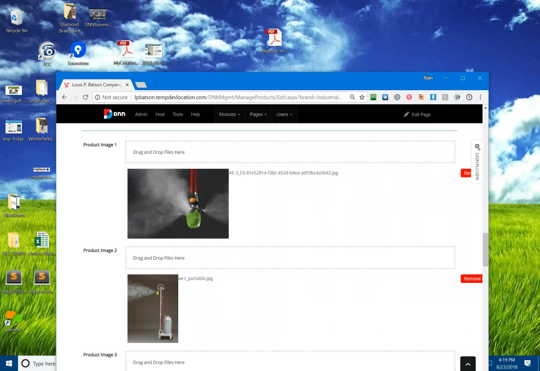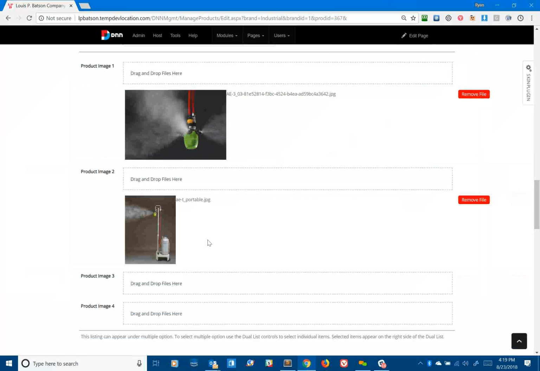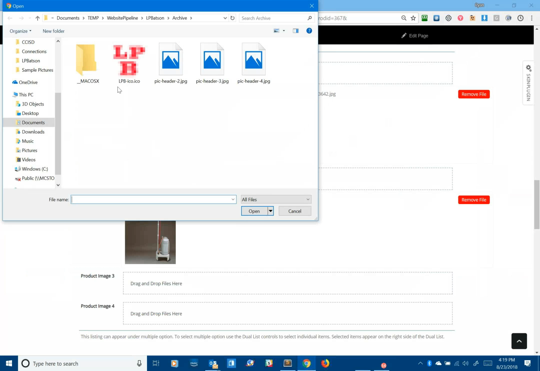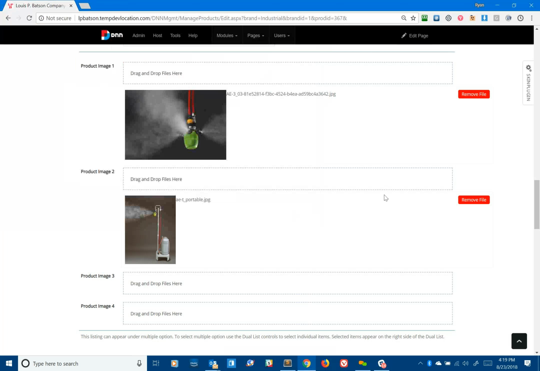Or if you click, then it will do a normal open window, just like normal. So if you click, then it will pop up and allow you to select. In any case, when you're done and you choose a file, it's going to upload it to the system. Okay. If you didn't mean for that picture to go up, you just click on remove file and it removes that one. Okay. So with images, I don't have to